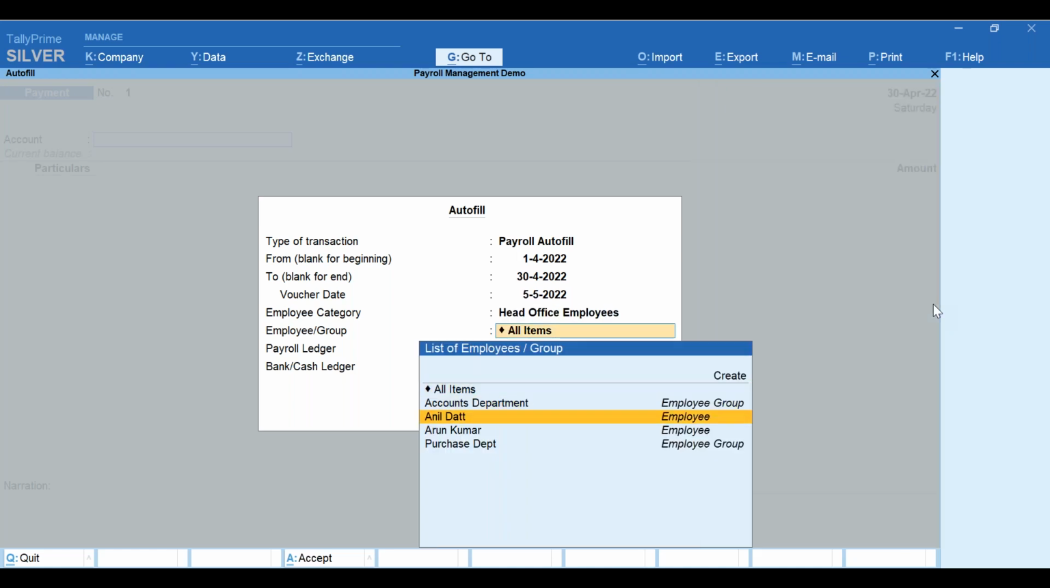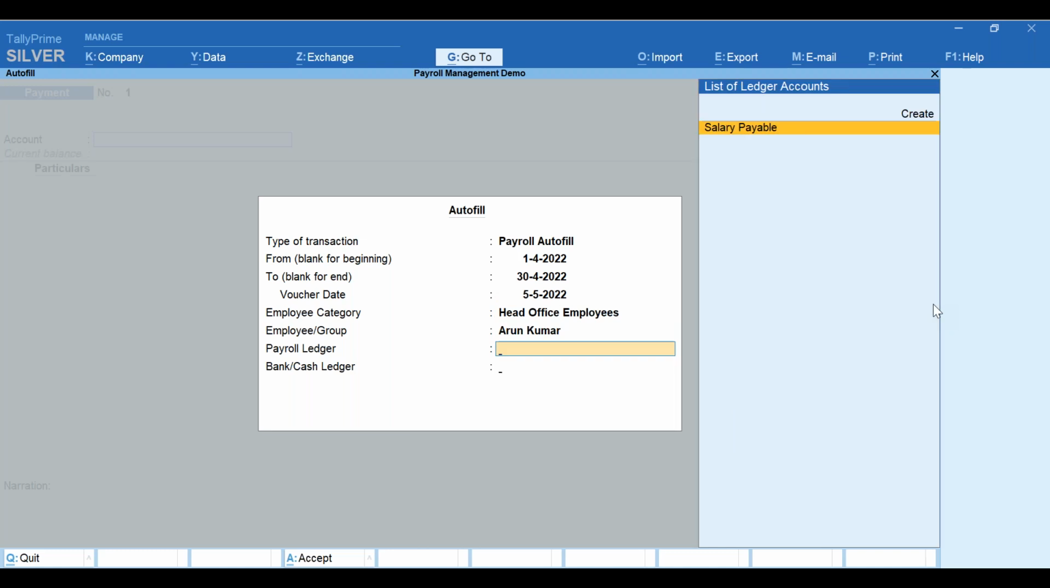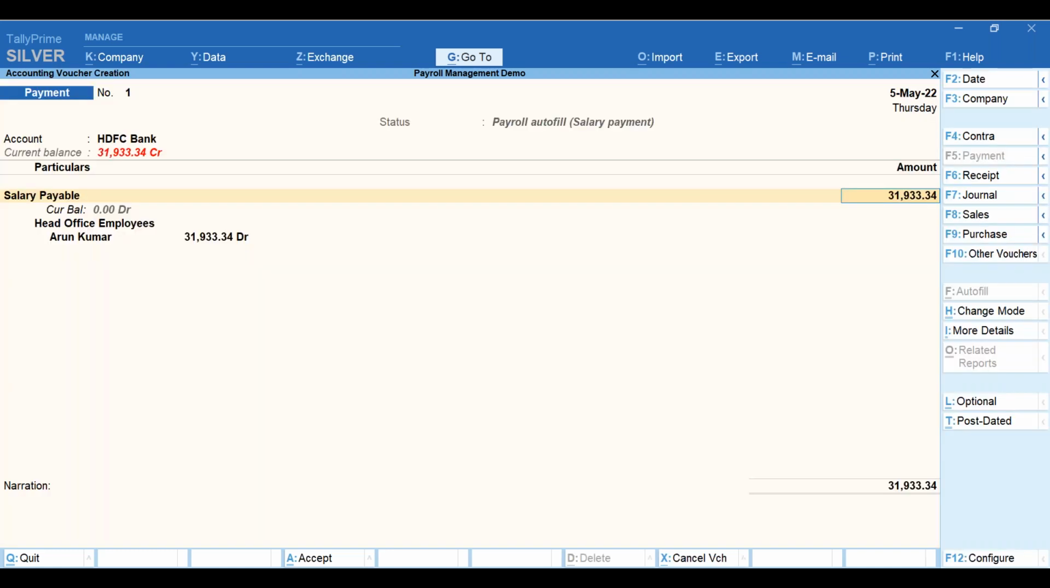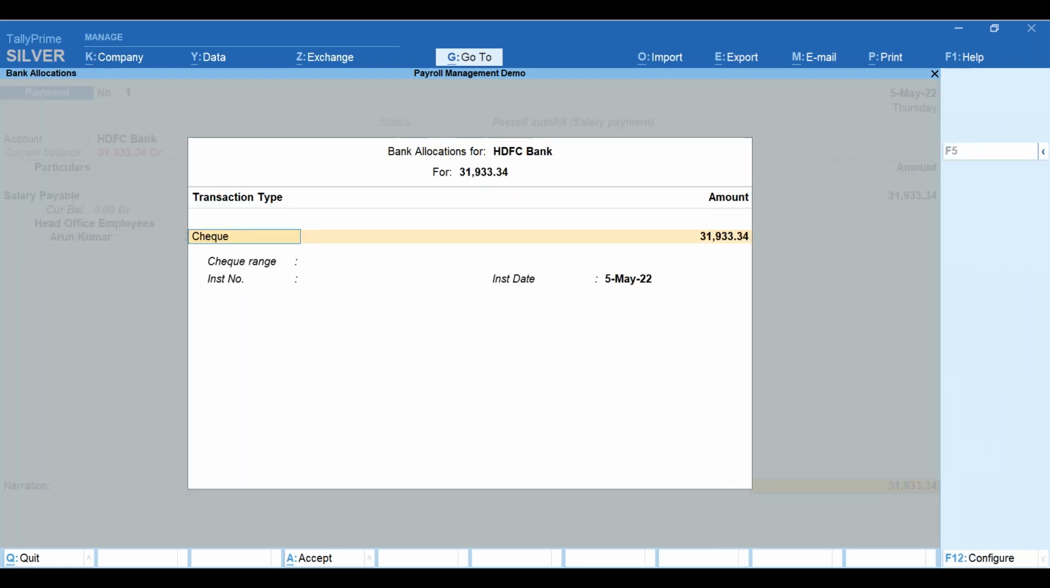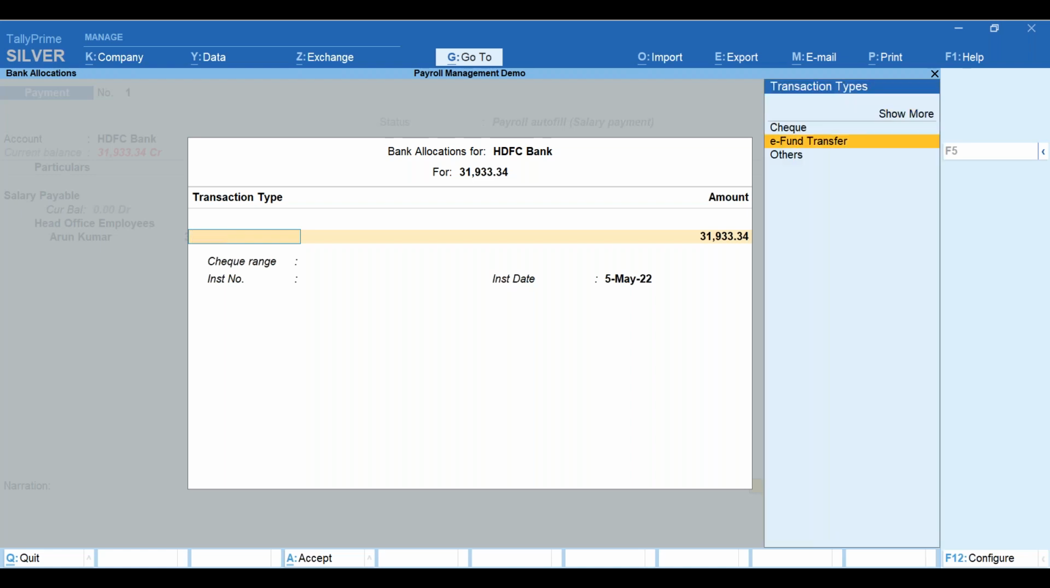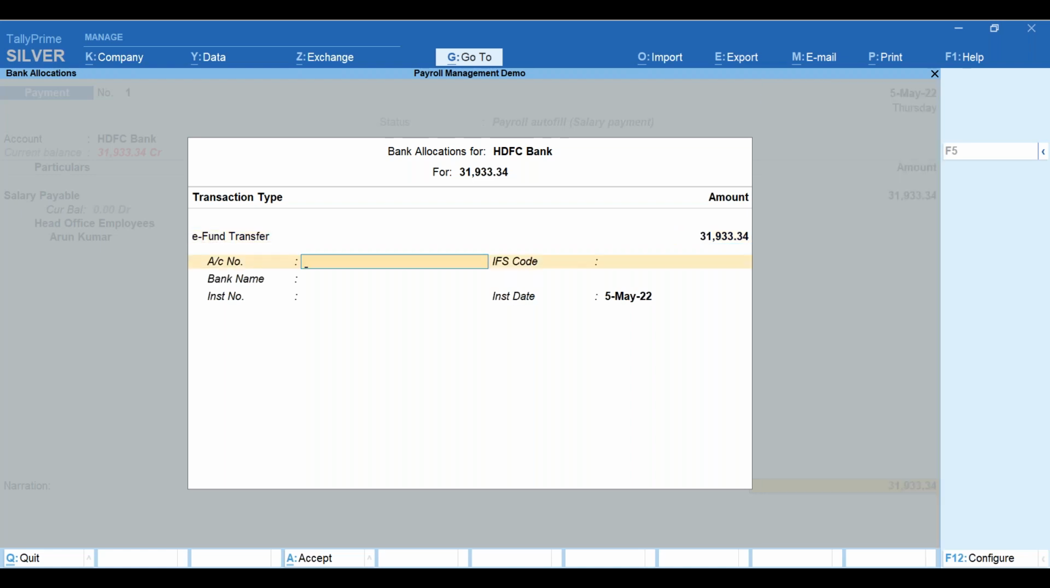Head office employees. I'll select the employee here, salary payable and HDFC Bank. So you can see here the net salary payable has been captured after considering all the deductions. Based on the employees, the bank allocation has been captured here. So if I select here refund transfer,